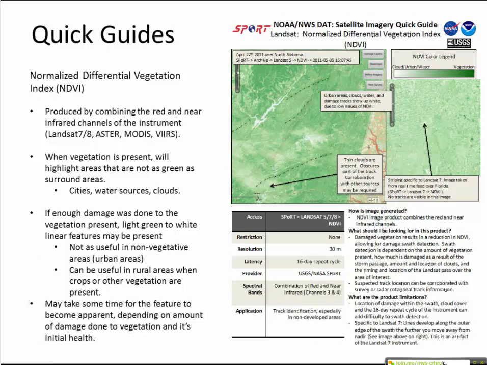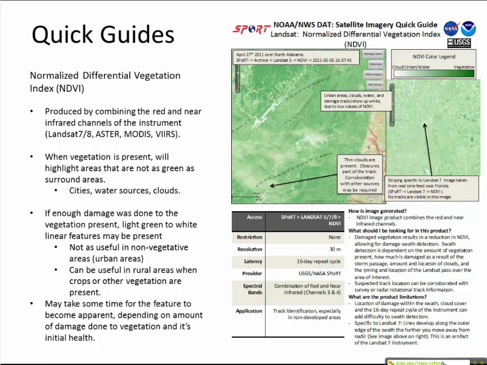As we go through each of the quick guides, all of the images that we've used, we've created an archive for in the DAT that you can access today if you so desire. And this particular quick guide for the NDVI, in the top left-hand corner, you'll see the date of the event and how to navigate to where those archive data are. In this particular case, we're looking at NDVI, which is a normalized differential vegetation index, describes vegetation health. How you would use this within the DAT is